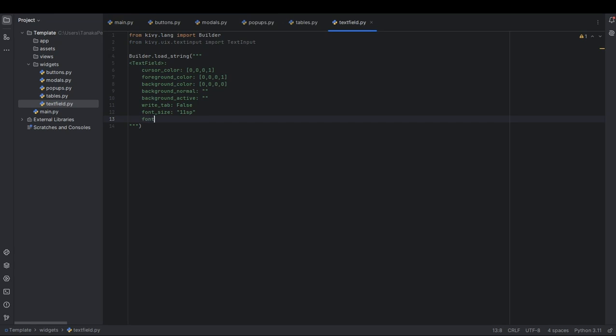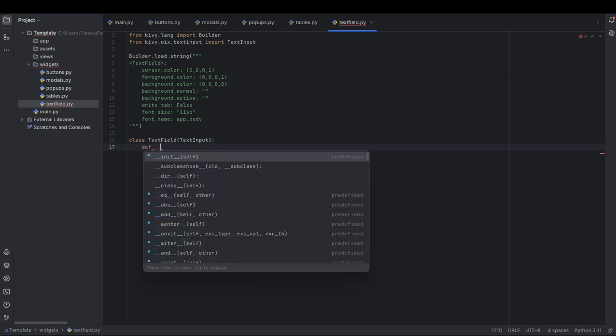Then here we're gonna say font underscore name, and this is going to be app dot. So we haven't created the app dot body variable yet in our main app. Now we're just gonna say app dot body. So underneath our builder dot load string, we're gonna say class text field, and our text field is gonna inherit from our text input. And in here we're gonna say define underscore init